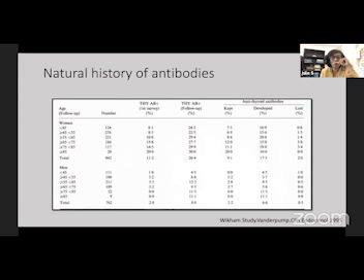This is a follow-up study from the initial Whickham survey, a 20-year follow-up study. And this study looked at the Whickham population and the natural history of antibodies. So looking at the first survey and the second survey 20 years later,